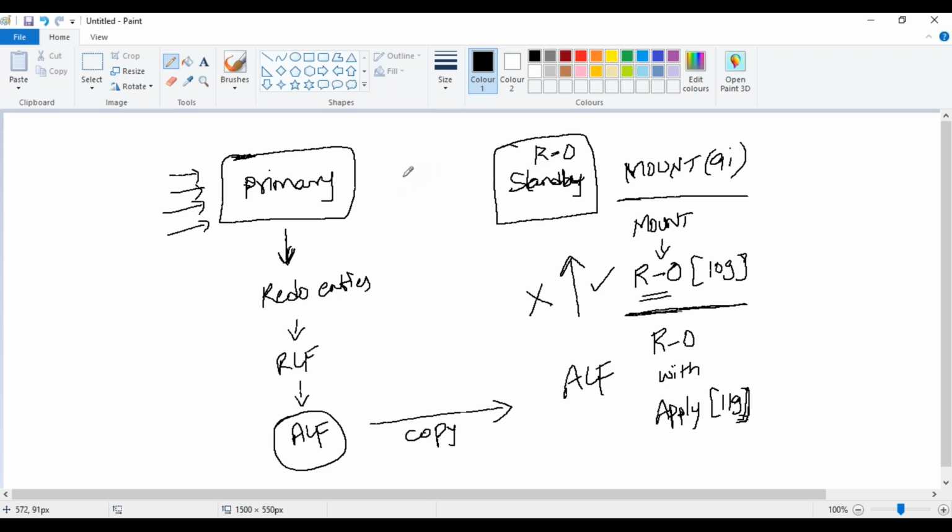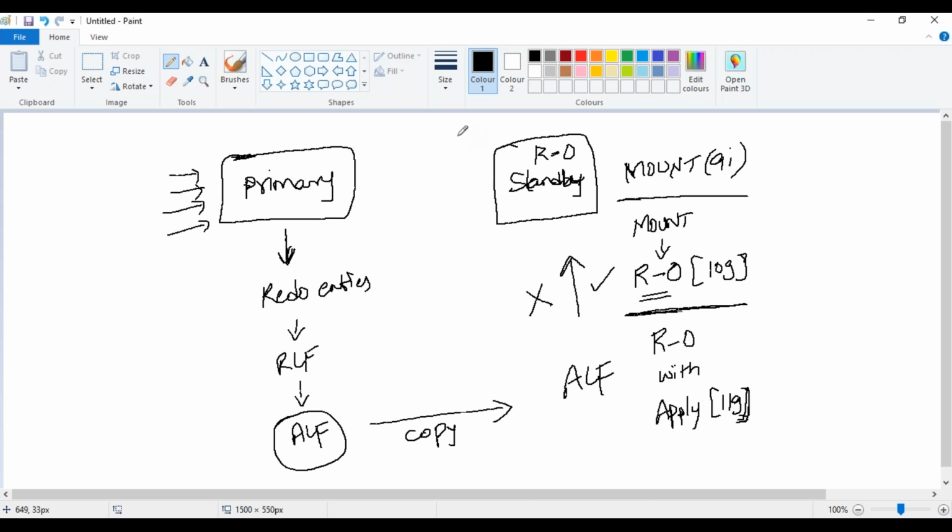Now this is also one thing that can improve the performance. Suppose any database will have two types of users. One is select users and the second one is DML or DDL users. So when you are creating a standby database in 11G, for all the select users, you can give